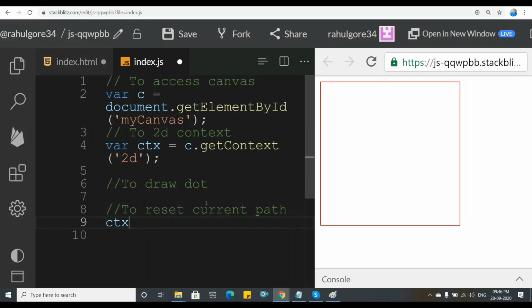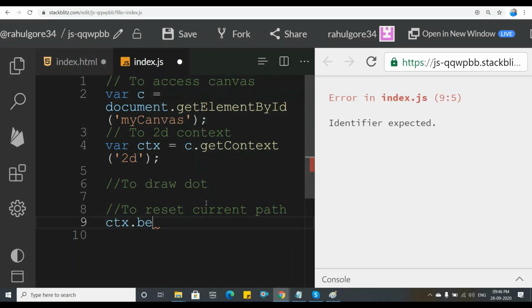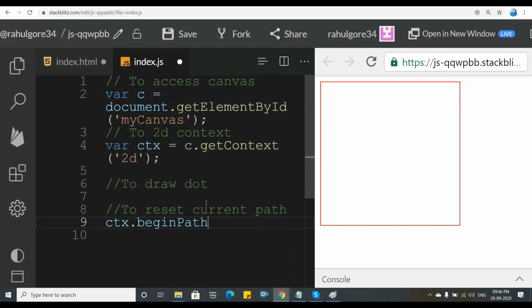So the method is ctx.beginPath. With the help of this method we reset our current path coordinate, that is x and y coordinate is 0, before executing the line.